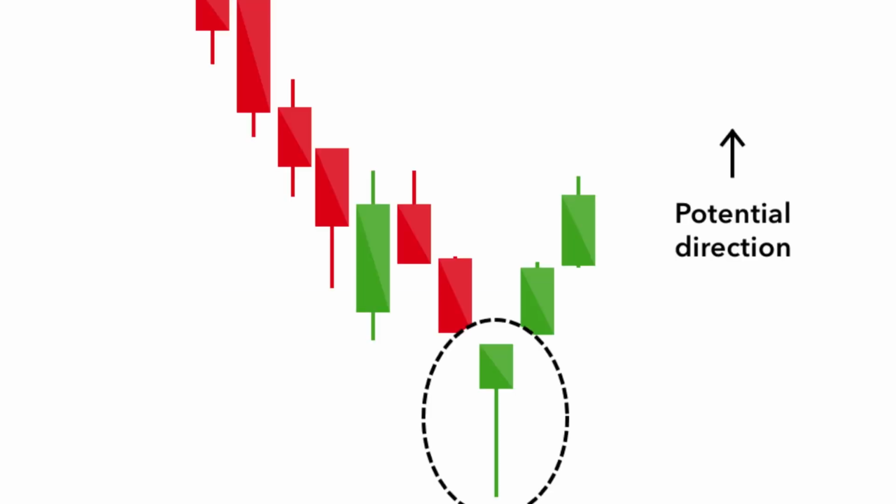The candlestick marked on the screen is the hammer candlestick pattern, which is formed of a short body with a long lower wick and is found at the bottom of a downward trend. The hammer shows that although there were selling pressures during the day, ultimately a strong buying pressure drove the price back up. The color of the body can vary, but green hammers indicate a stronger bull market than red hammers.